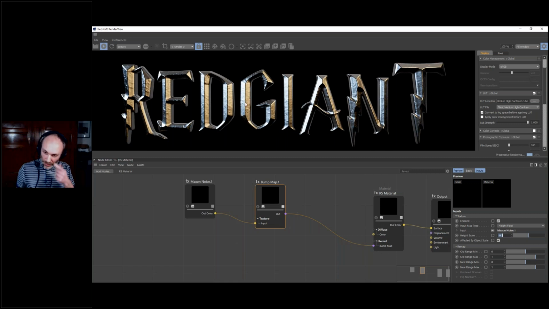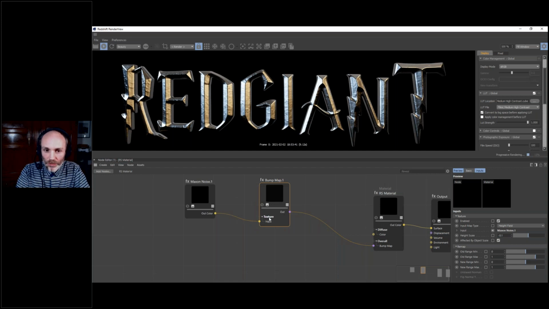Okay, so now let's see if we can just work now on the roughness, because it's always difficult on metallic surfaces to work on the roughness. I'm going to use again a noise. I could use obviously some bitmaps, but I wanted to show how to use noise properly if you want to get the result you want.